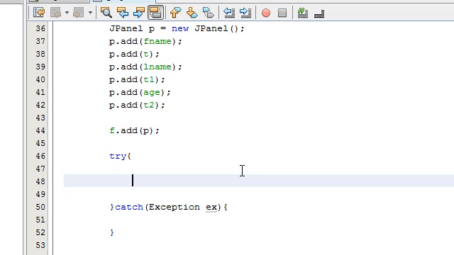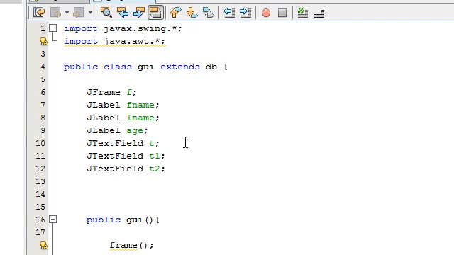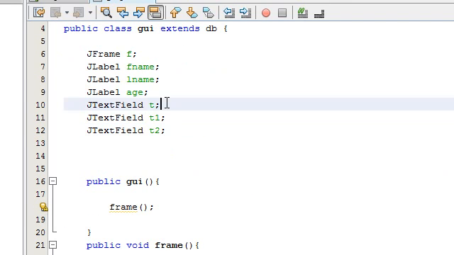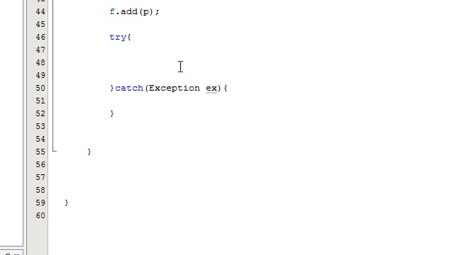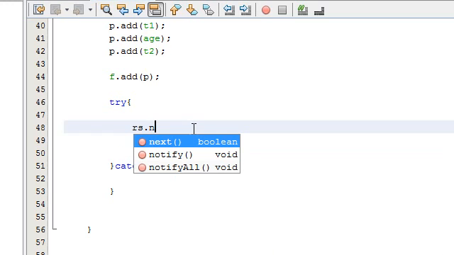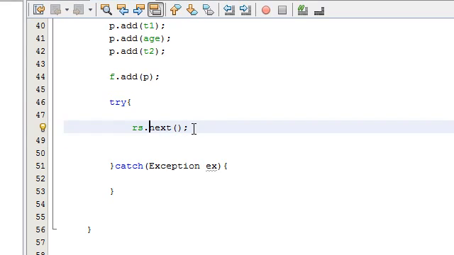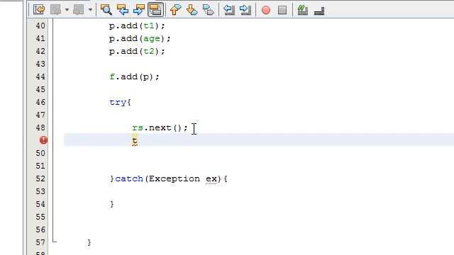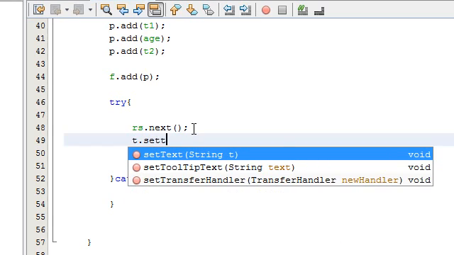So how to do that? Get the name of your text field. In my case, I have three text fields: T, T1, T2. I want the T text field to display the first name, T1 to display the second name, and T2 to display the age. So inside your try, write T. Okay, before you write T, you need to write rs dot next. Why is that? Because this will take the cursor to the first record in our database. So you need to write rs dot next, then get the first text field, T dot set text, and